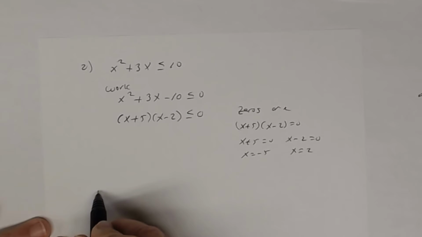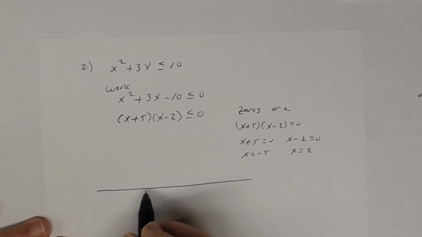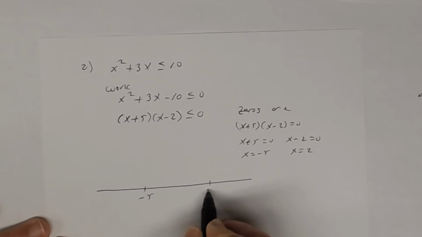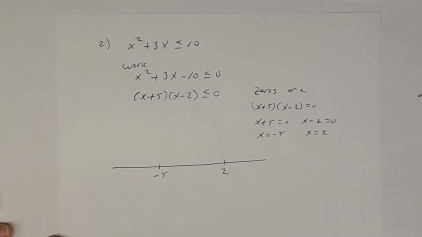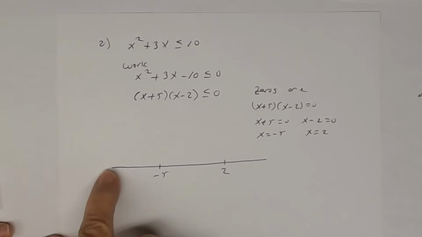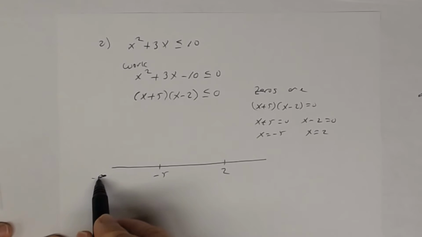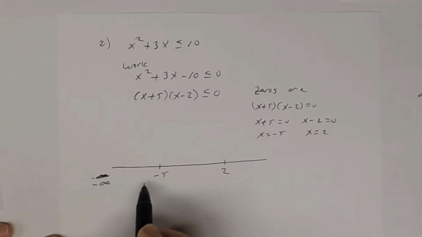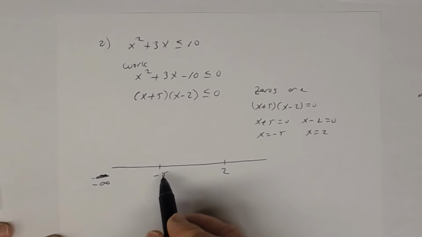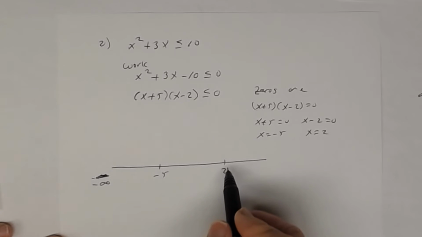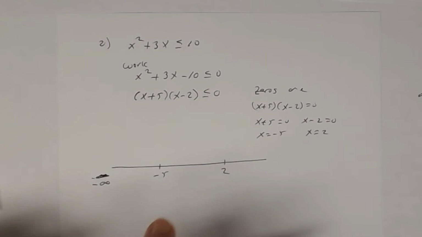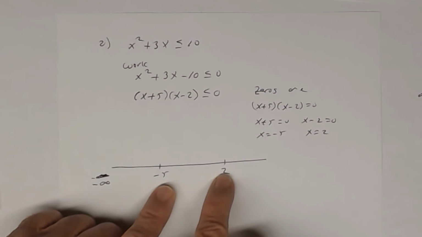So you put that on the number line. Make sure you put them in order, negative 5 and then 2. And so now the next step is to notice that these two zeros divide the number line into 3 intervals. Negative infinity up to negative 5, and then negative 5 to 2, and then the interval greater than 2. All right, so before we go on, though, let's determine if those two zeros are actually